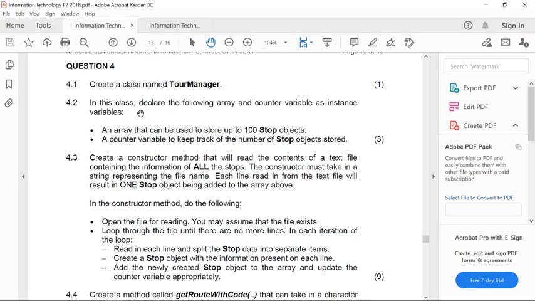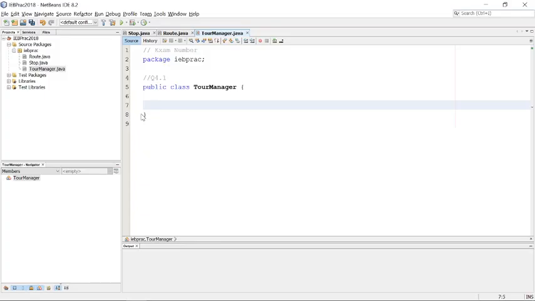And then declare the following array and counter variables. And we now no longer have a UML diagram, so I have to do these myself. An array that we use to store up to 100 stop objects. So private Stop, I'll just call this stops,